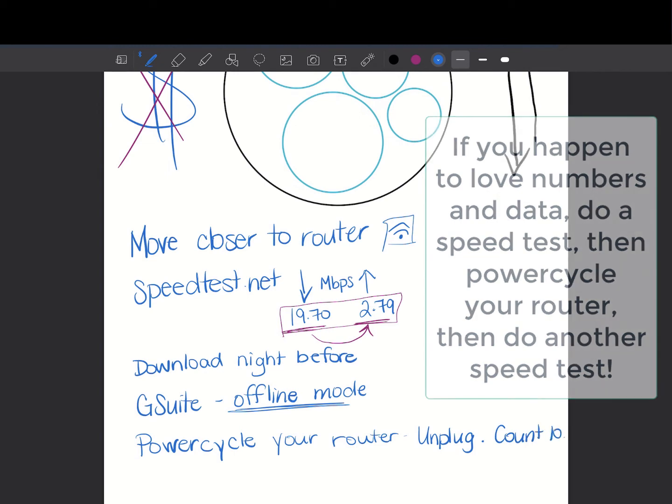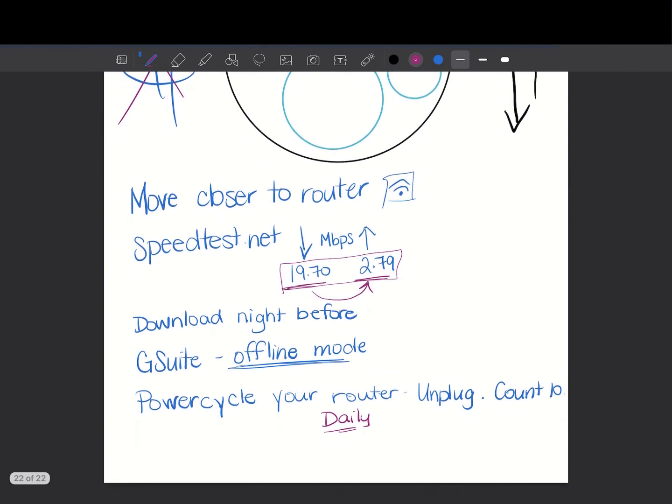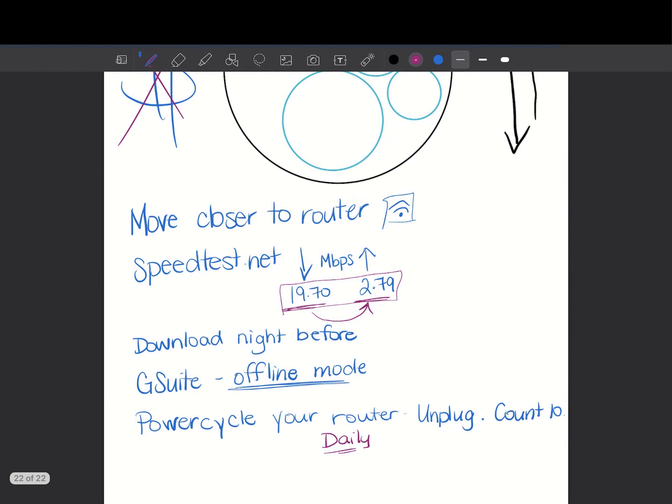That can make a huge difference at different times to your internet speeds. So I would even advise doing that daily, especially at this point in time where we are so reliant on our bandwidth and on our internet connectivity to function and to provide our educations and even to work our jobs when we're working from home.